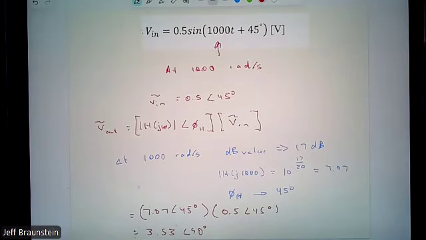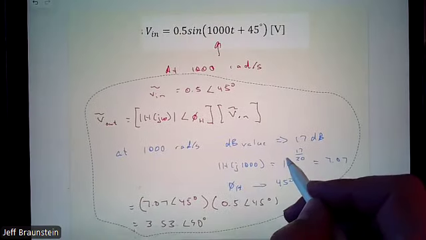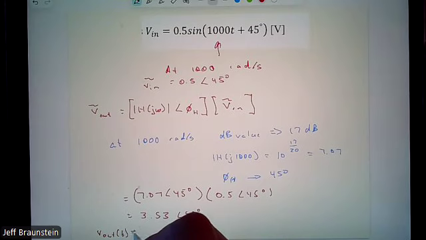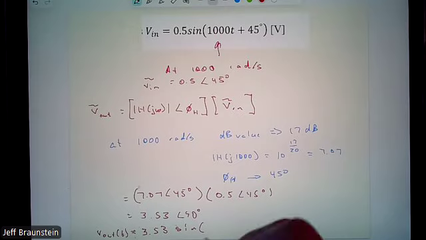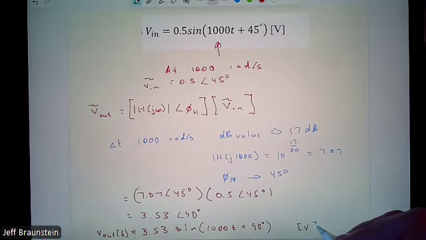Ultimately, we want to translate that back to V out as a function of time. Well, there's our amplitude. This is all just unit 2 stuff. 3.53 sine. What's my frequency? Output frequency has to be the same as input frequency. We don't have anything that's frequency shifting. Those things do exist, just not in our circuits. This is a linear circuit. Plus 90 degrees, in units of volts.